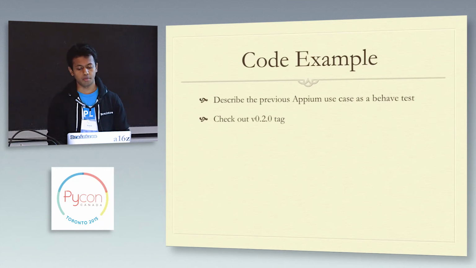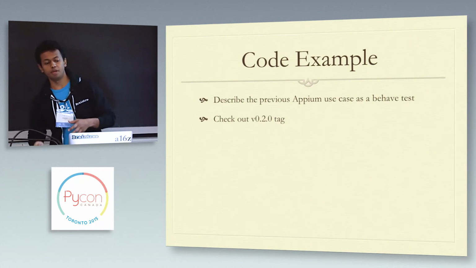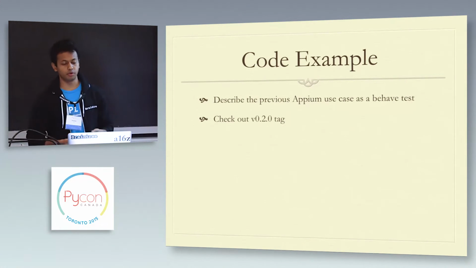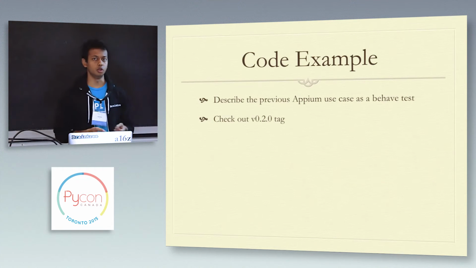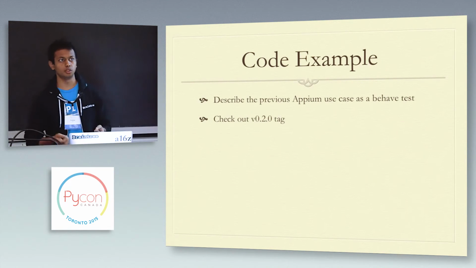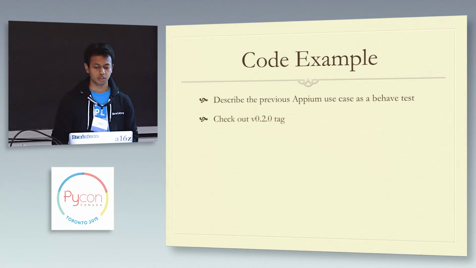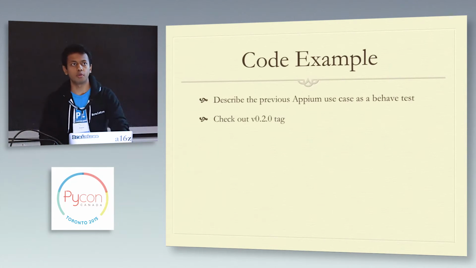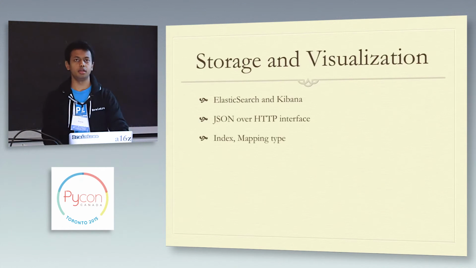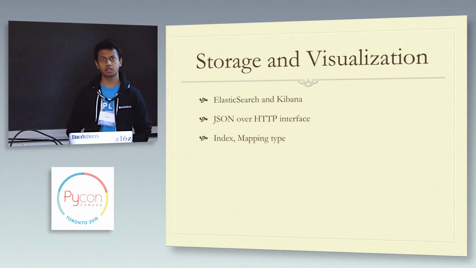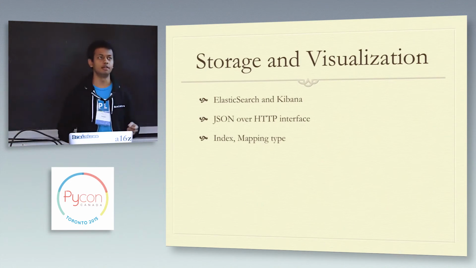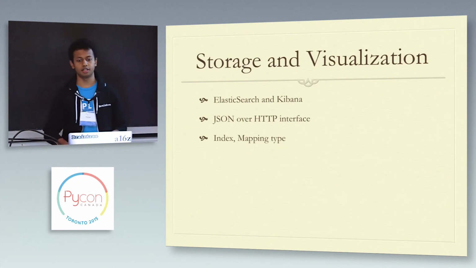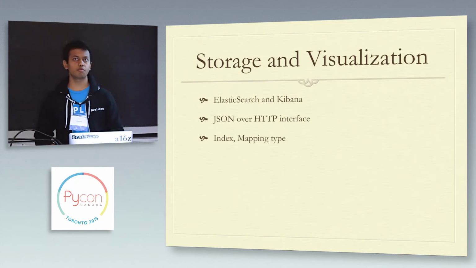Okay, so once we had some behavior-driven tests that we could describe, the next step was to actually use this, store the data, and do something meaningful with it. To this end, when we were looking at options, we found Elasticsearch and Kibana to be really useful for us. Elasticsearch really allowed us pretty much any way we could think of dissecting the data. Elasticsearch's search functionality would provide us that,